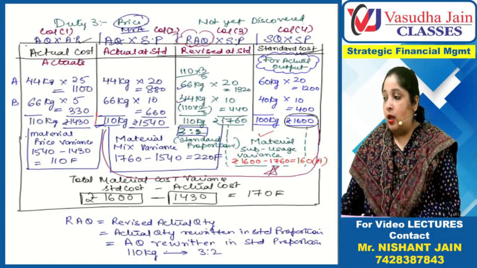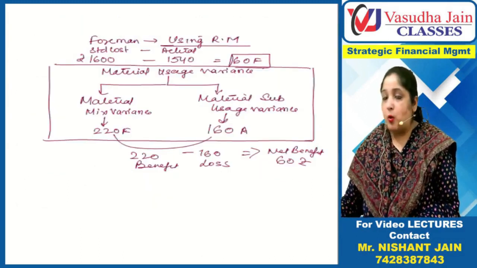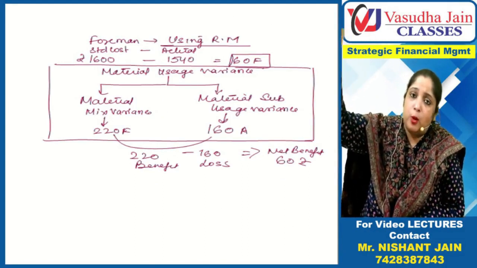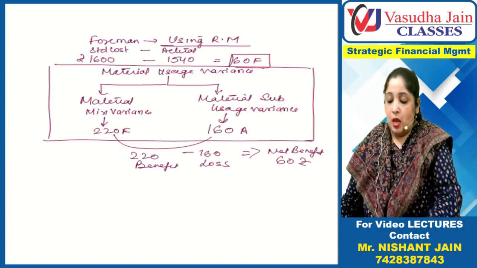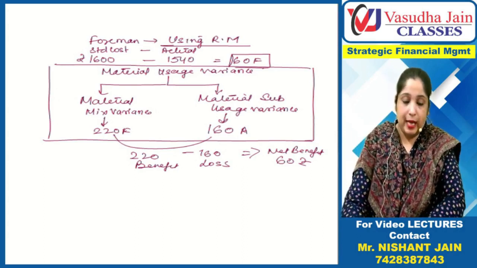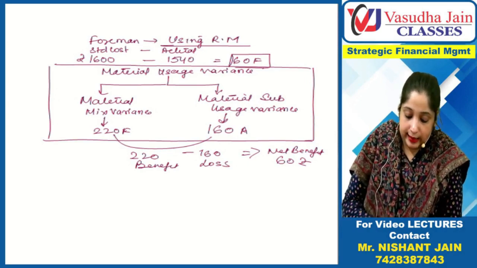After doing it and after solving 3-4 questions, it will be on your tips because the same format is used for other variances also. Labor variance, variable overhead variance, same format is used. Now what do you have to do in exam? How will you solve in exam? If you see a question of material cost variance, you will immediately